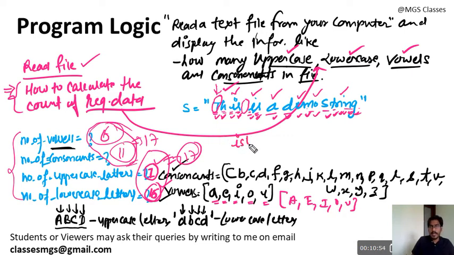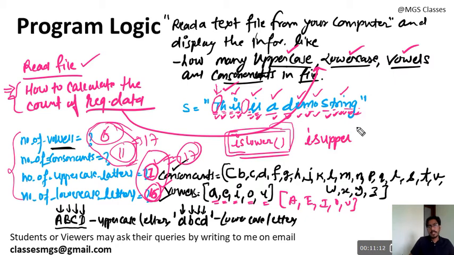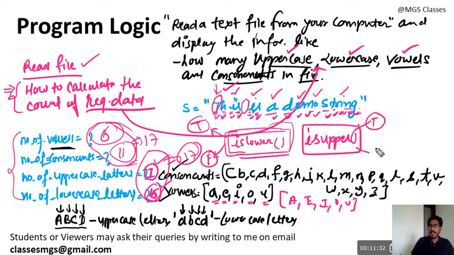It is islower. islower is a function that helps to know whether your string is lowercase or uppercase. And the other function we will use is isupper. isupper will return true if the given string is in uppercase, otherwise it will return false. And islower will return true when all the characters of the string are in lowercase, otherwise it will return false. Similarly, isupper will return true only when the string is in uppercase, otherwise it will return false. Okay, so remember these things.